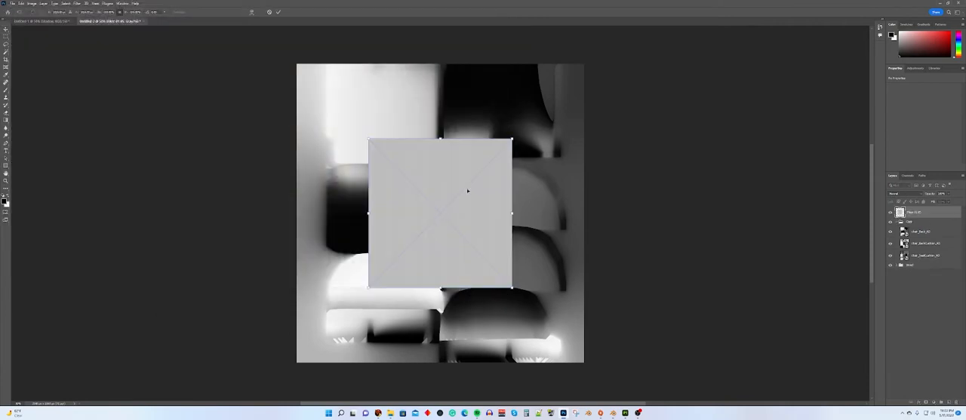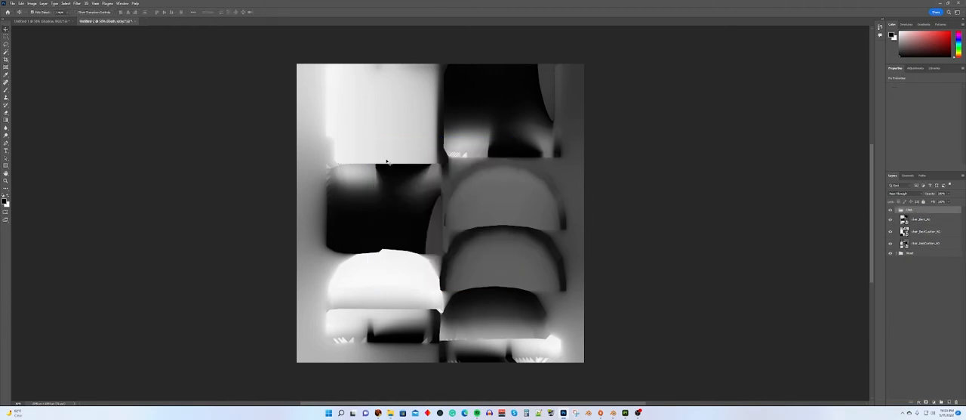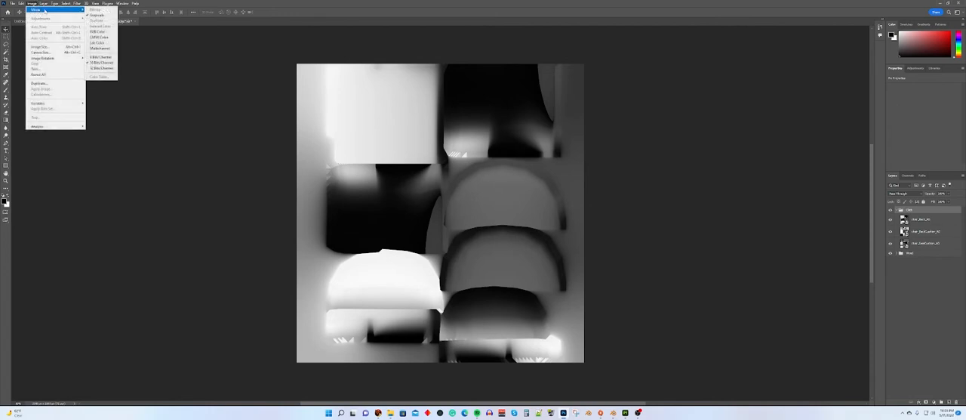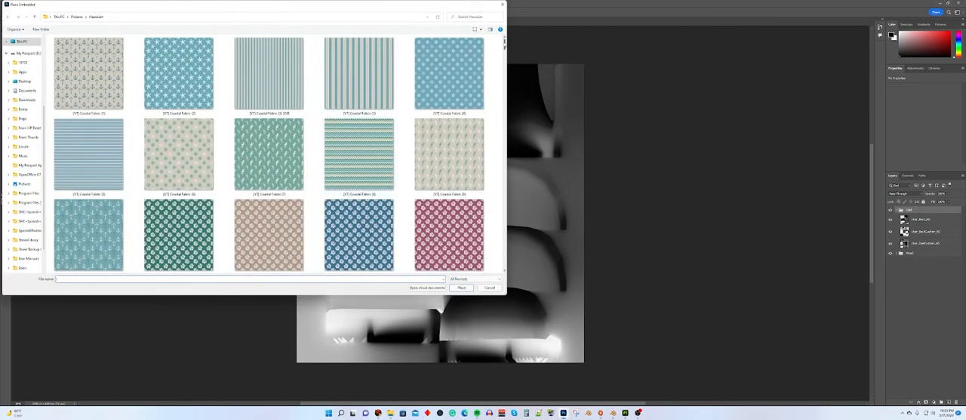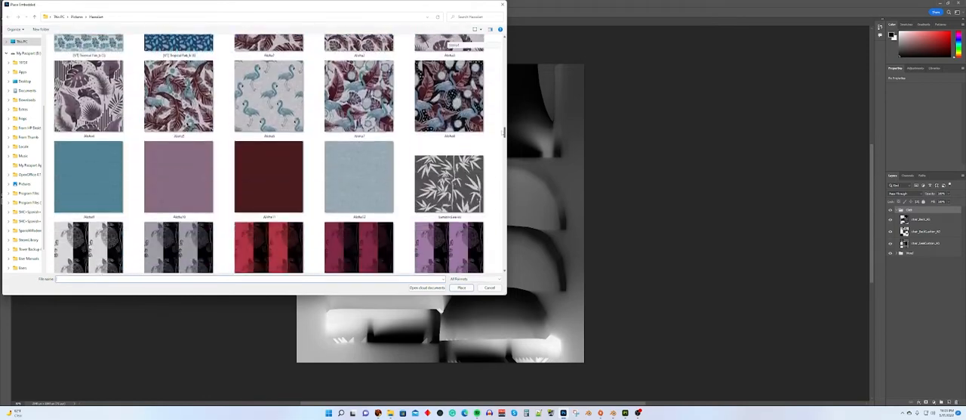And notice it's grayscale. So I'm going to get rid of that. Go up to image, mode, change it to RGB, don't merge. And it's okay to rasterize. I don't care, so go ahead and say rasterize. It's fine. Now, when I bring my color back in,